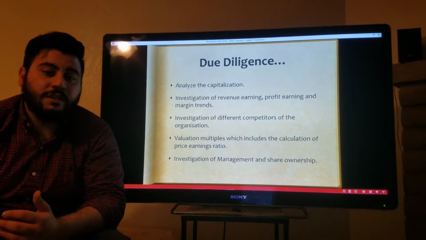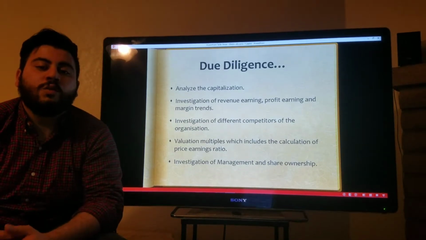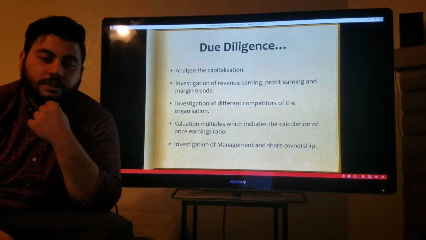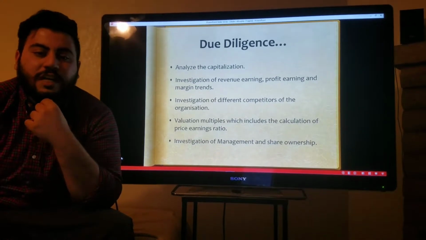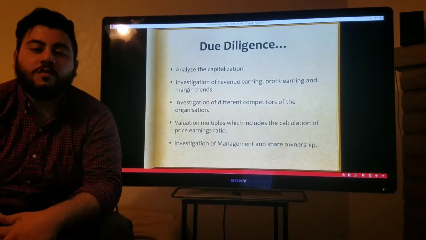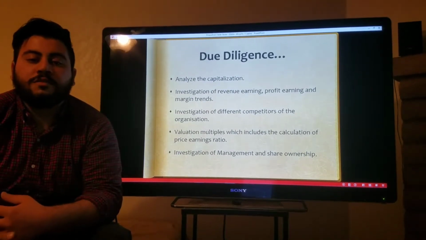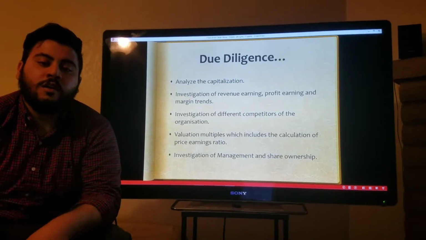The eighth step is related to investigation of stock options available with the organization and dilution possibilities. The second last step is related to investigation of expected performance of the organization in the future, while the last step is related to risk associated investigation of the investment.